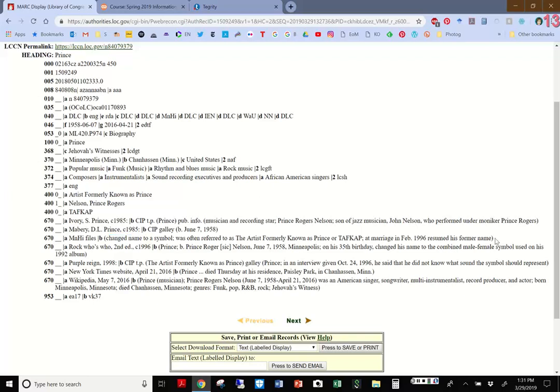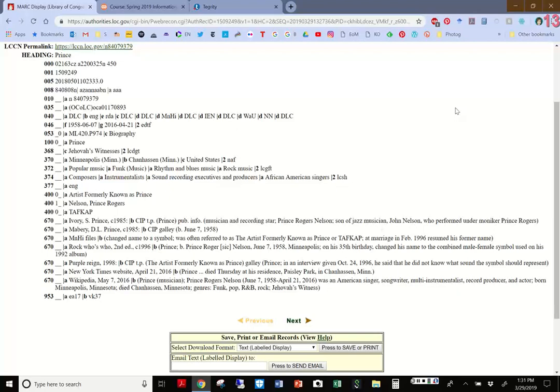So what they've done with Prince is they've just gathered everything under one authority record. But it's important to read some of these notes, because sometimes you will see that something is referred to one way for a certain time, and it is actually an authorized heading for use during that time, and then there is another authorized heading.